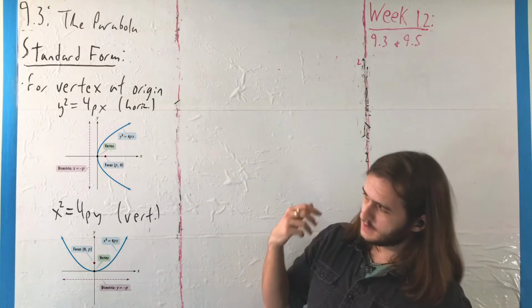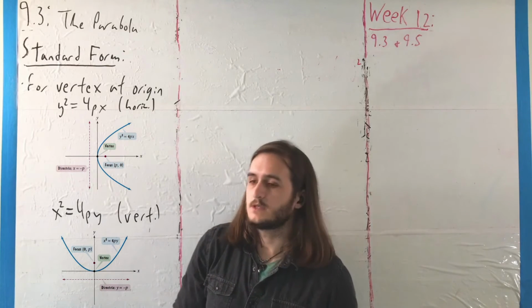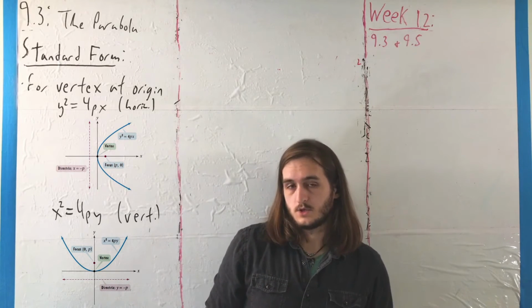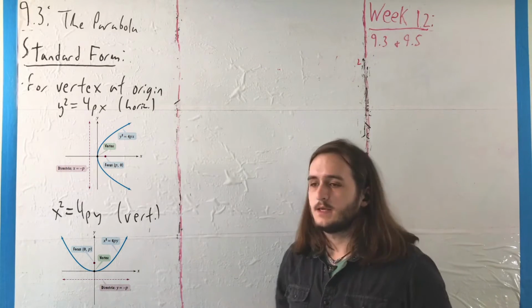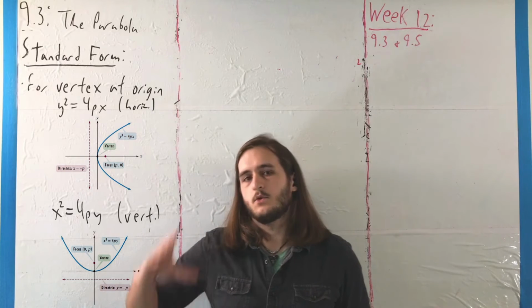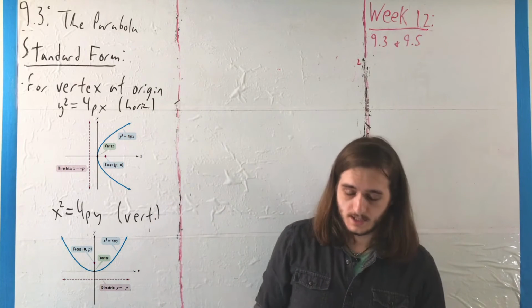That is, it's the point along the parabola where the directrix and focus are closest. And in the same way that we talked about things being centered at the origin, in this context we'll start by looking at parabolas where our vertex is at the origin, where in the first case we have the general form y squared equals 4px,